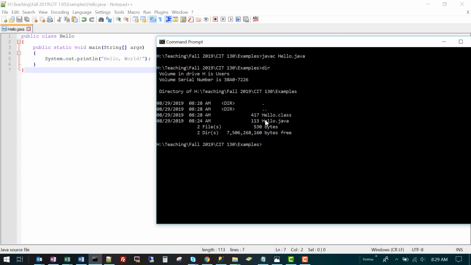and there's also now a new file called hello.class. This hello.class is the file, the translation of the source code into something the computer can understand. In Java specifically, the binary code is understood by a non-existent machine called a virtual machine.